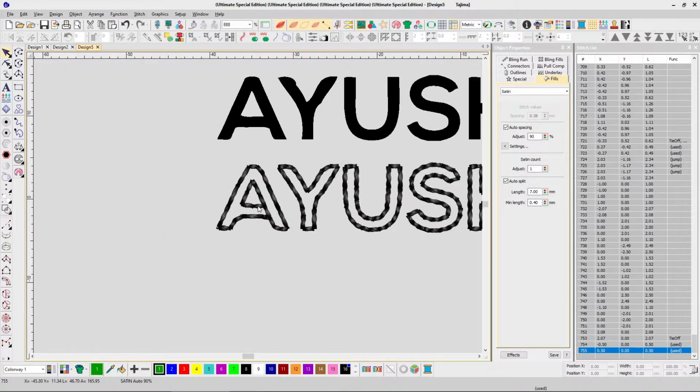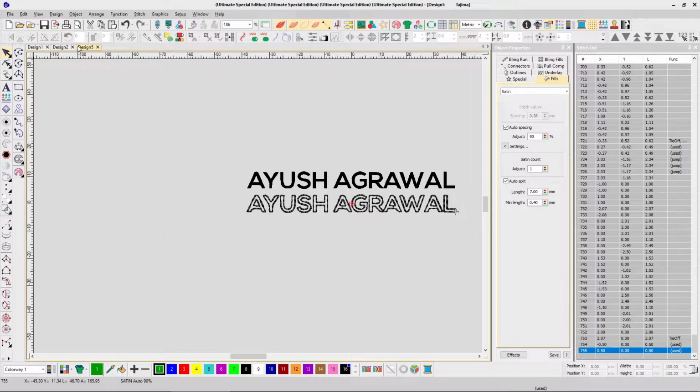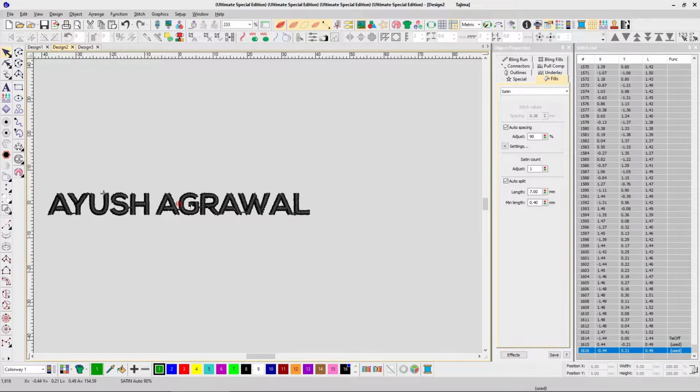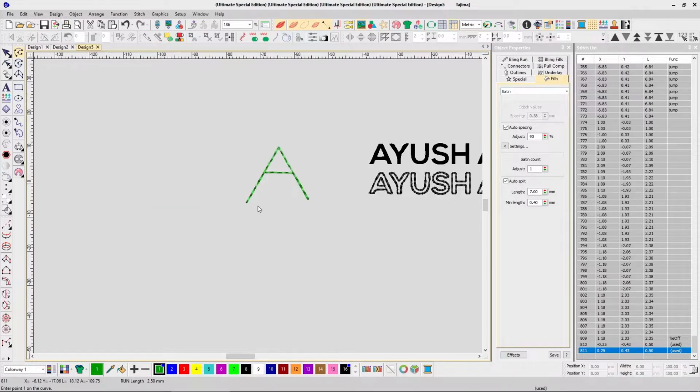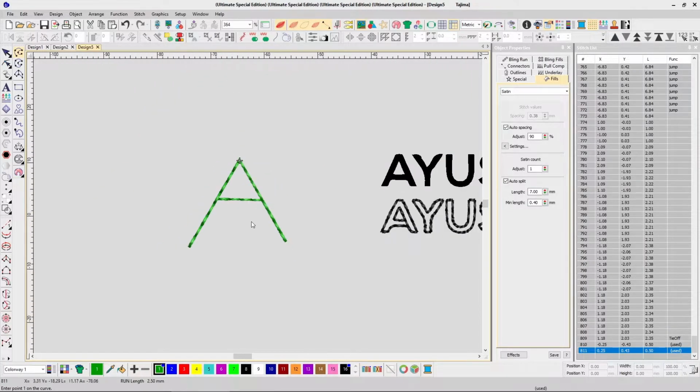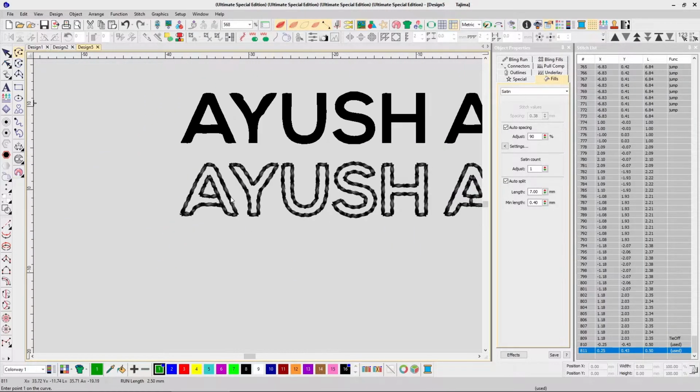So this is run stitch. If you send us a design which looks like this, we'll either give you something like this, or else we can give you something like this. For example, obviously my drawing is bad, so don't focus on that. So this is the A. We are going to give you this type of embroidery. Now this is a run stitch and this is an outline run stitch.